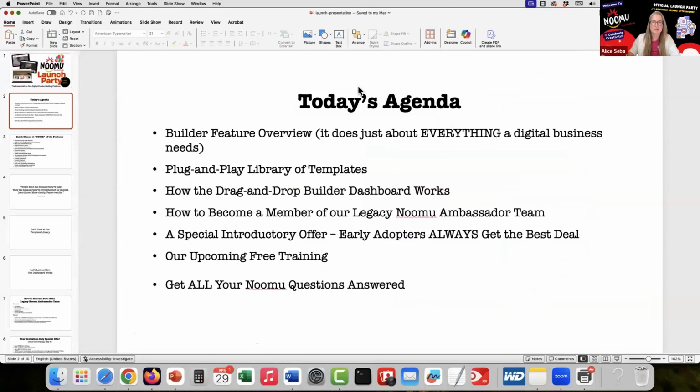So our agenda today is to do a feature overview. It does just about everything a digital business needs. It is enough to get you up and running and selling, growing your list and all that stuff. So we'll do a quick feature walkthrough, but what we really want to show you is our plug and play library of templates. Then we'll show you how the drag and drop builder dashboard works